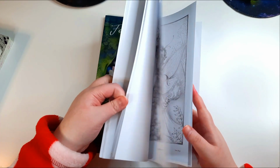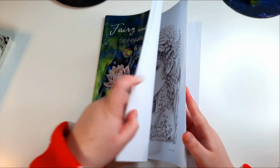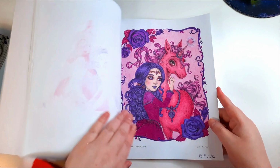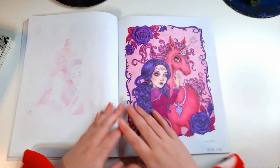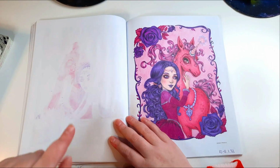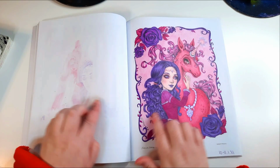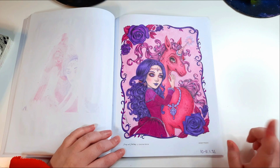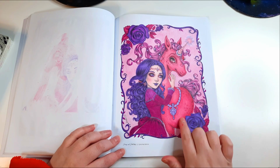Where is it? There are 2 in here. I just forgot to see if I can find the picture. There it is. So there are 2 in here, and as you can see, I did colour one here and I forgot to put a blotter sheet, so half of the pencil from here is on there as well. So this is one of the first pictures that I coloured in my Black Widow coloured pencils, and then